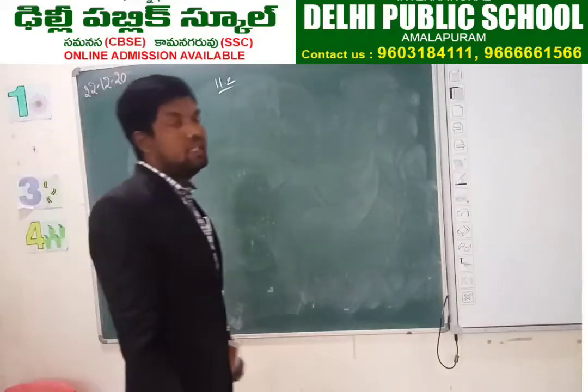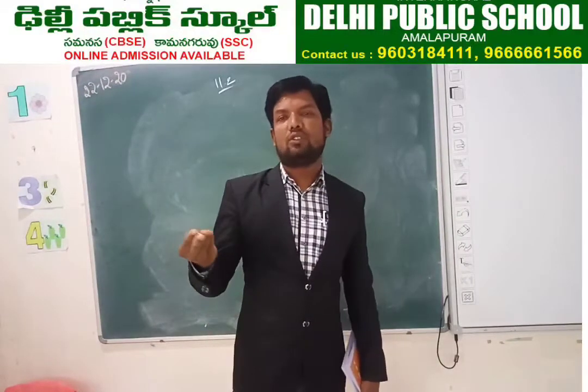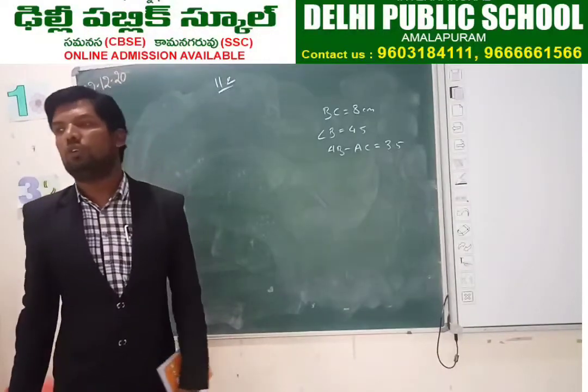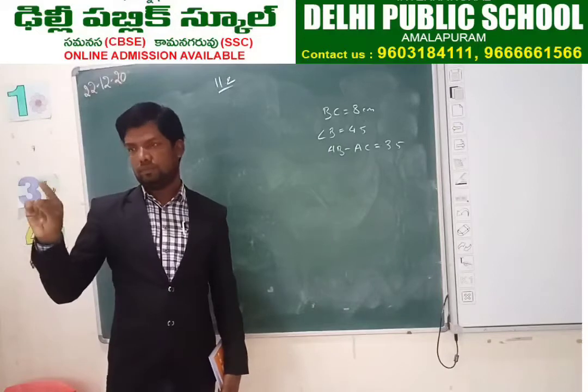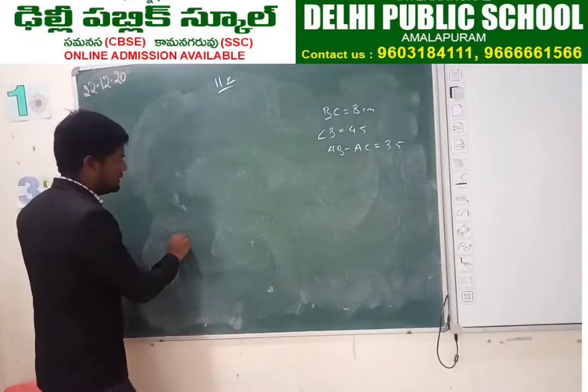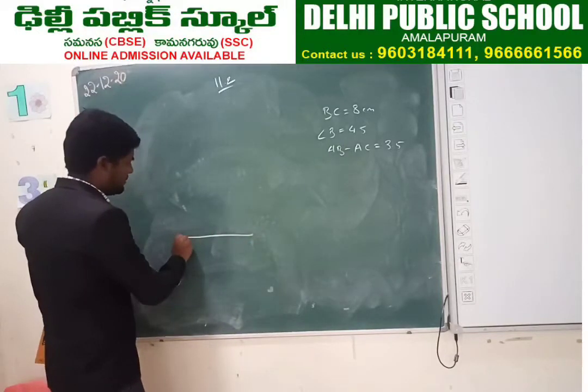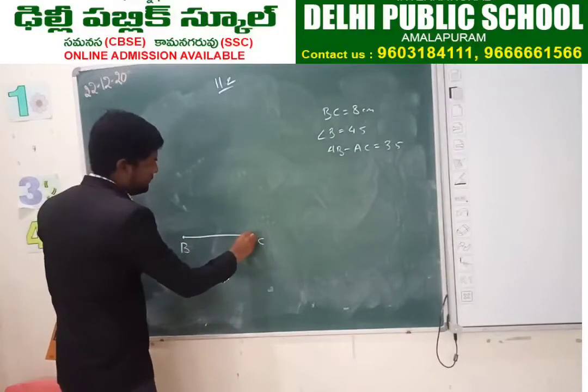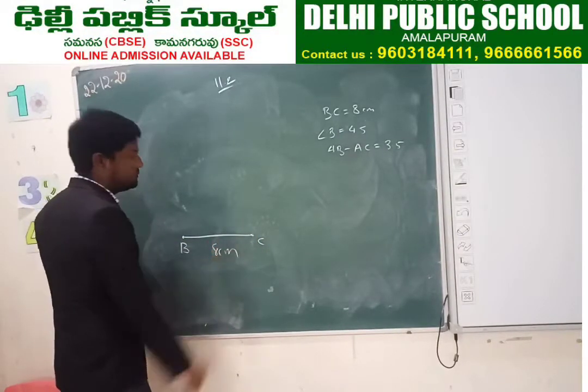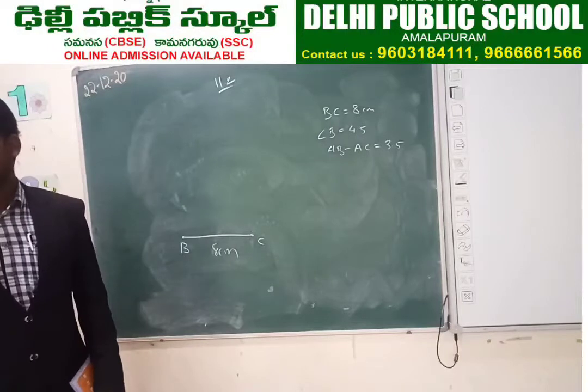Yeah. So see here, what is the second question there? So first step, what we have to do here? BC is equal to 8 centimeters. Yes. Take BC is equal to 8 centimeters. Then